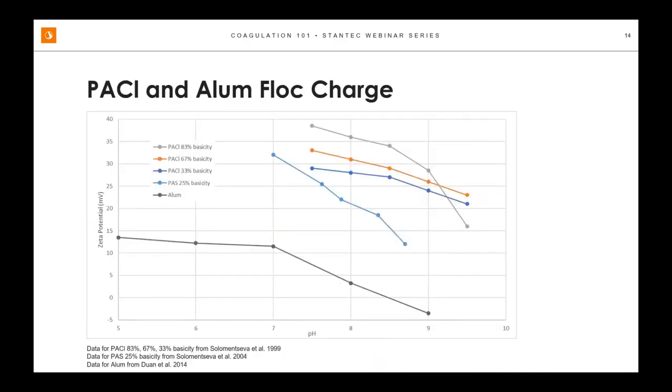Now, all of those graphs are good. This is the graph I like the best. I think it's the most useful. This shows us, versus pH, the particle charge as measured by Zeta Potential. So Zeta Potential is just a lab technique that allows us to measure the charge on the flock particles or clay particles or anything. So this shows what we want, because coagulation works by direct interaction of the coagulant chemical